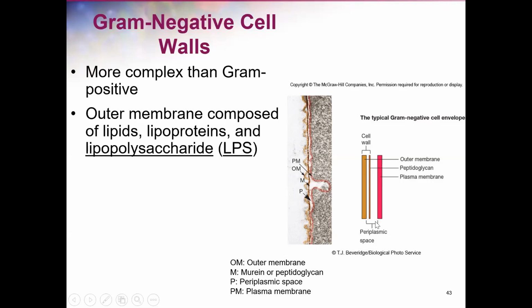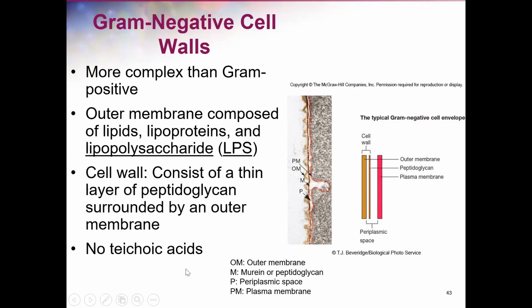So for gram-negative, there is a very thin layer of peptidoglycan, right? But the space between the plasma membrane and the cell wall is actually quite large. Then this is the outer membrane, right? Especially for gram-negative, there's no teichoic acid. Okay. Then for the outer membrane, we know the major component is the so-called